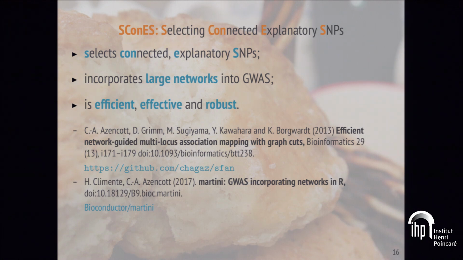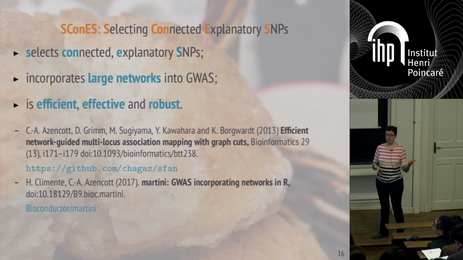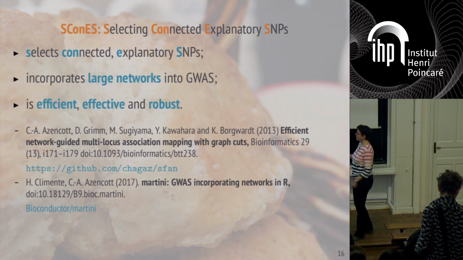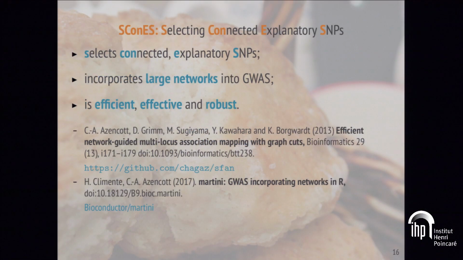So now we've made it more usable in the sense that you have more statistical tests. You can also treat case control studies. You can incorporate covariates, and we're also making it more usable for the target audience. It's now an R package on Bioconductor. So maybe this is not the right audience to promote an R package to, but if you're doing biostatistics or bioinformatics, this is what people are using. So it was important for us to have a Bioconductor package.